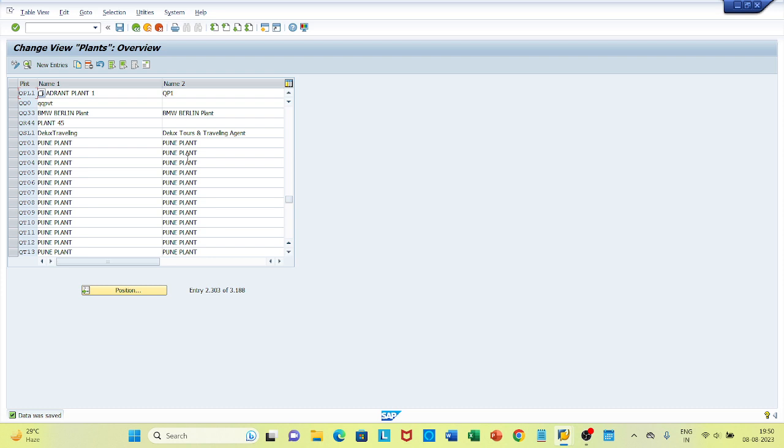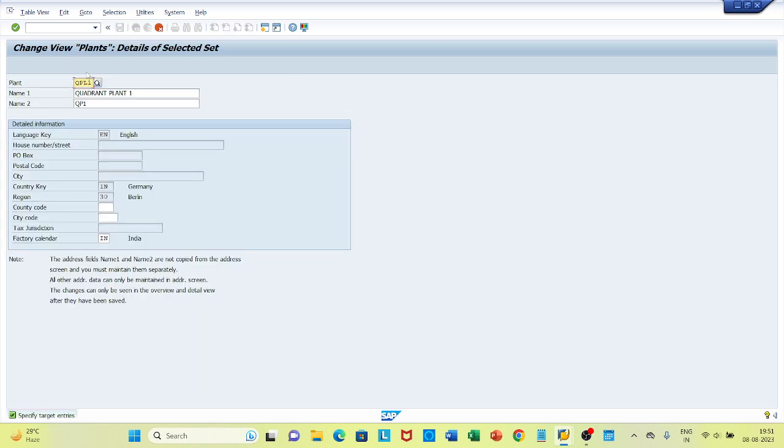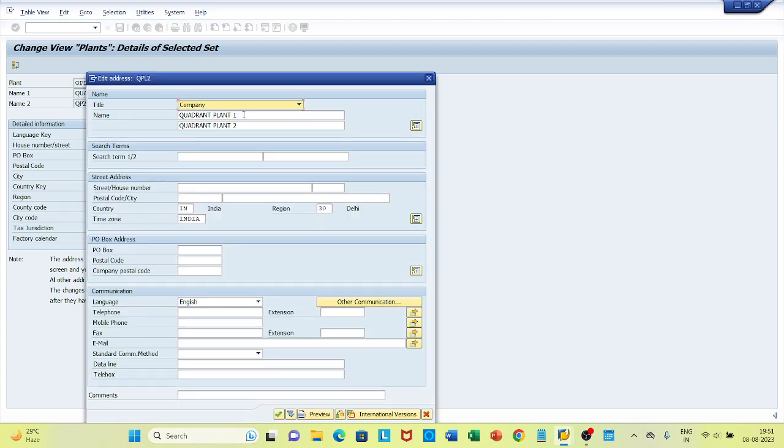fine. See, here I am creating two plants under the company code QPL0. Okay, so this is my first company, and this is my first plant. And the second plant I will be creating by copying my first plant. Okay, QPL2 maybe. Quadrant Plant 2, QPL2. Rest the same. I'm just doing enter,